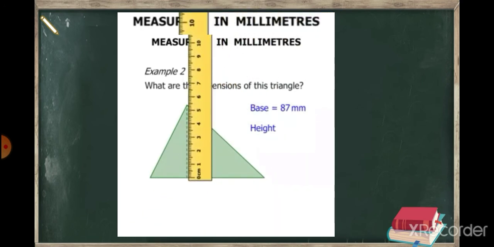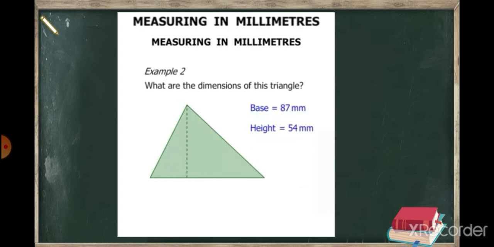Now we need to do the height. Let's turn the ruler and mark off the starting end point of the height. So let's see, we can do 5 centimeters is 50 millimeters. Let's count from 5: 50, 51, 52, 53, 54. So the height equals 54 millimeters. Rather, we can write the length,